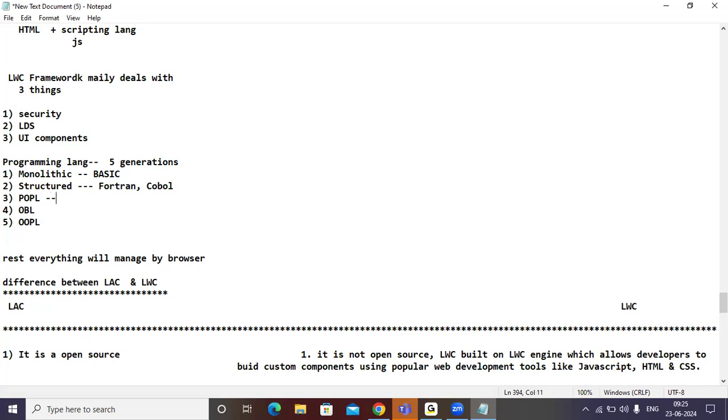POPL stands for procedure-oriented programming languages. That is Pascal and C language. Object-based language example, ADA. Object-oriented programming languages: C++, Java, Apex, ABAP, C#. These are all object-oriented programming languages.